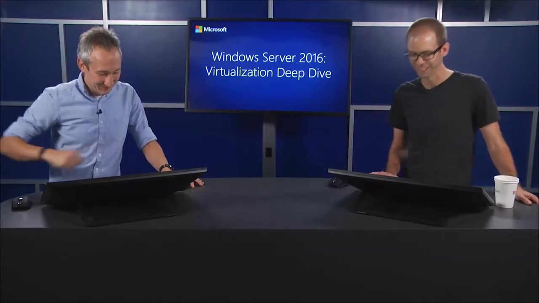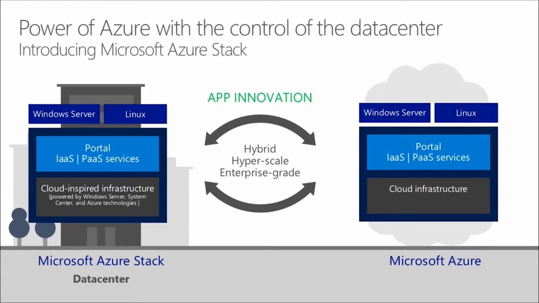Absolutely. So the key thing to highlight here is we started on this journey with Windows Server 2012 R2, and with Windows Server 2016, you're going to see more than ever us talking about how we bring Azure technologies on premises. How do we change the way we build applications? And you're going to hear us talking a lot more about the architecture of applications than we have in the past. Because as I've been saying, we believe the next wave of innovation is, okay, you've got your cloud in place. How do you start building the apps and the infrastructure on top of that to really take advantage of it? And we mentioned right at the start the influences that are coming from Azure,